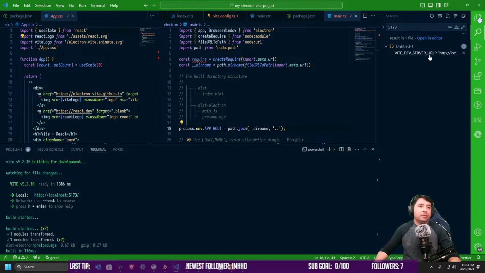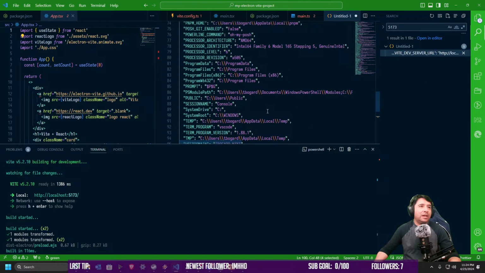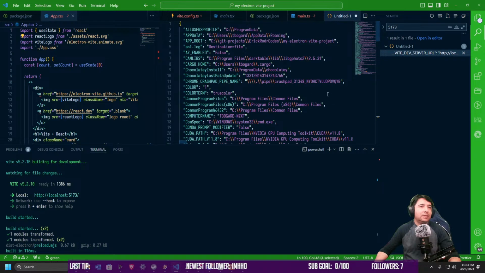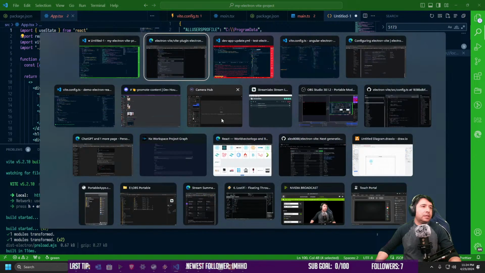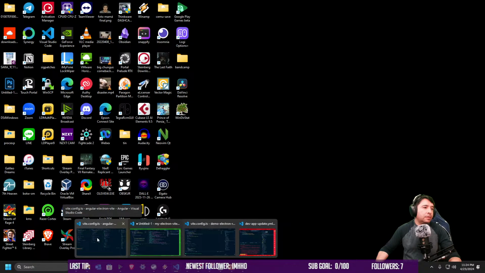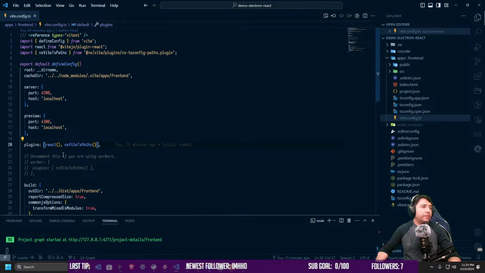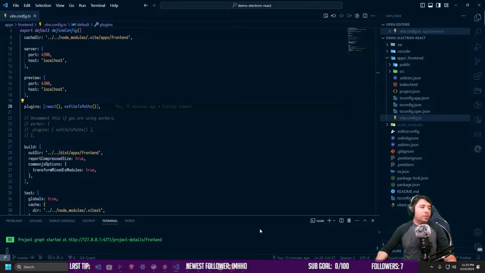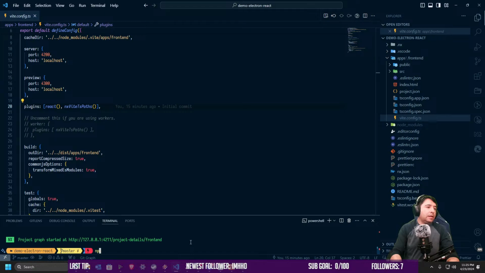Yes, so I dumped this environment file. I can configure how this goes by understanding how NX builds its own projects, and the solution goes around here. Demo Electron? Yes. I know I have a server and a preview, so when I go here, I'm pretty sure that if I say NX serve